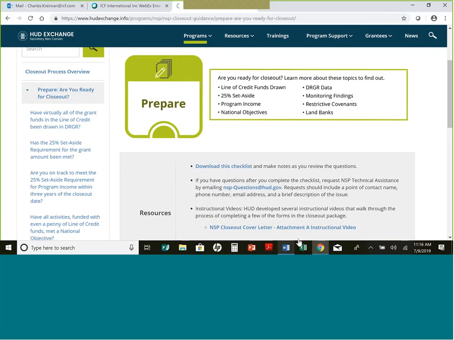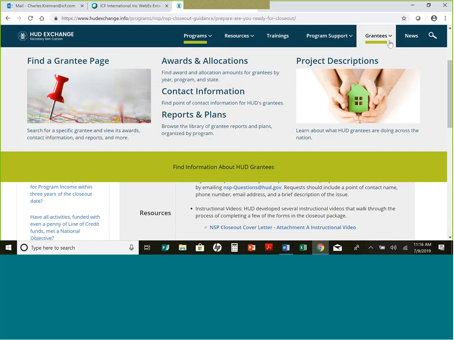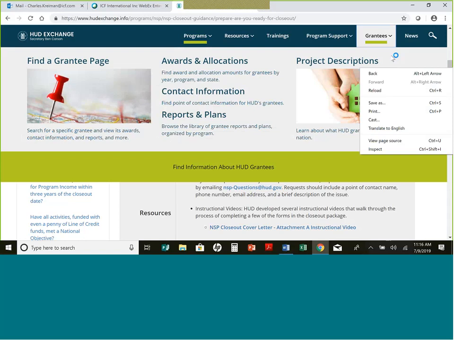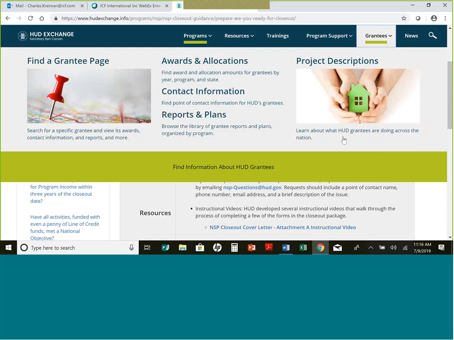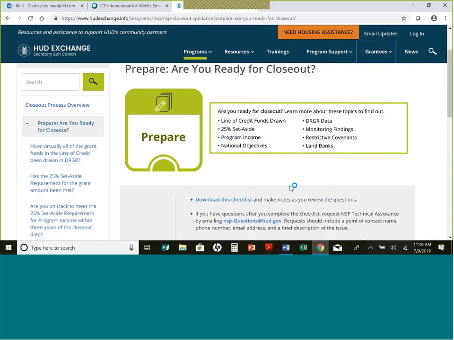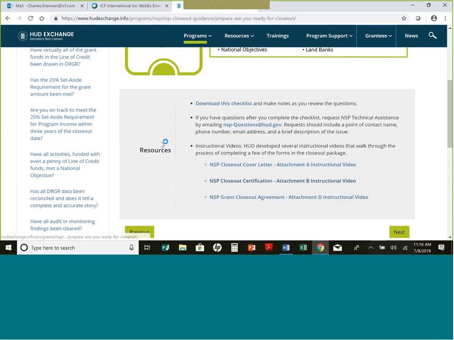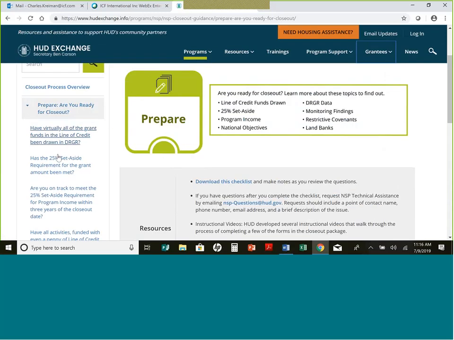So now we're at prepare. We're looking to figure out, going through these steps, have you met all the prerequisites for your NSP closeout? And the first thing I would suggest, on this sort of introductory page before it gets into the 8 prerequisites in a detailed manner,